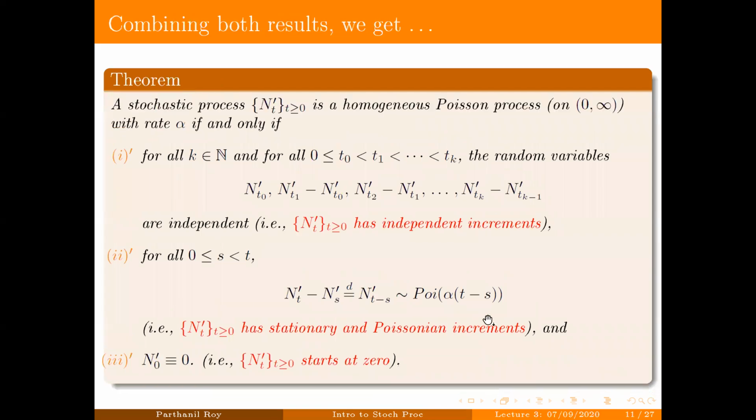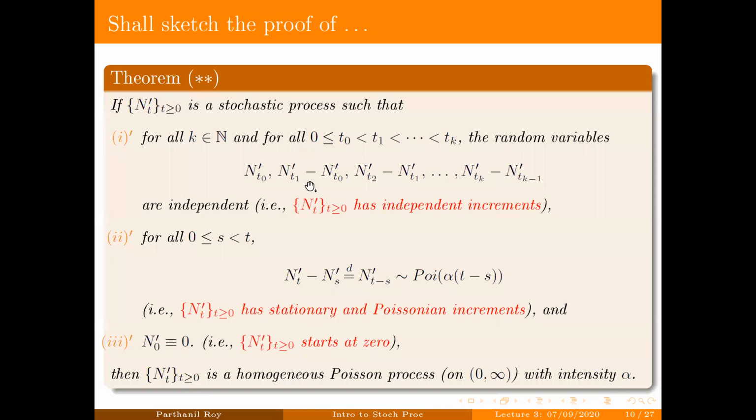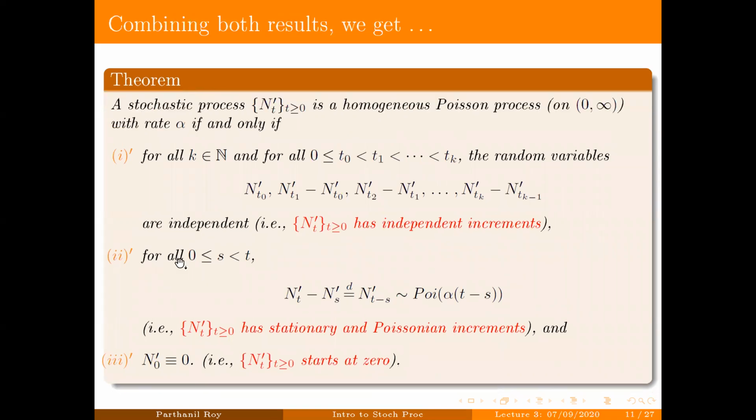Once we sketch the proof of this, we'll actually get the following result. By the way, this theorem I'm calling theorem star star. I'm going to refer to this converse as theorem star star from now on. Once we prove this theorem star star, along with the previous theorem that we have proved, we have almost proved, modulo one induction argument that I asked you to prove,